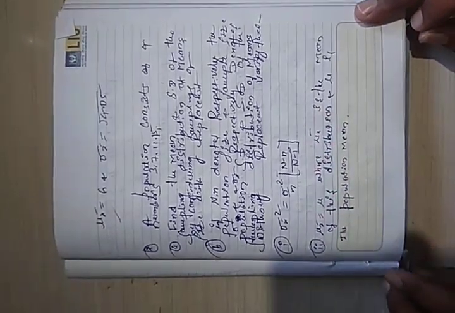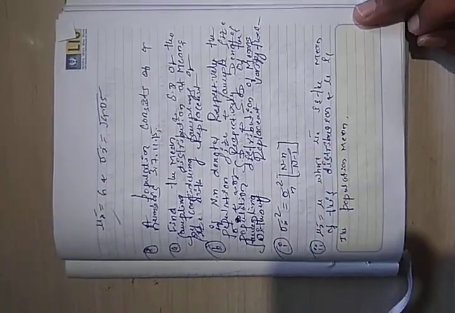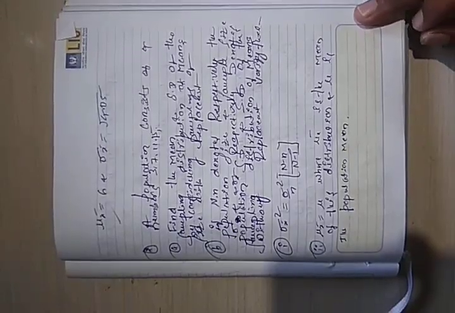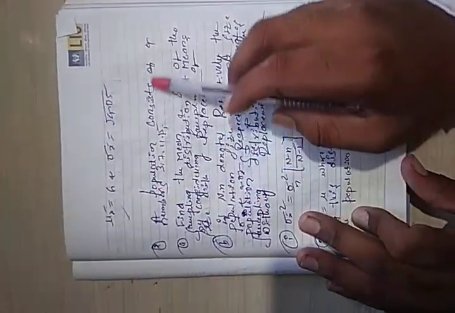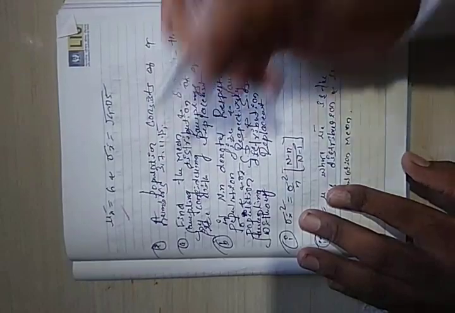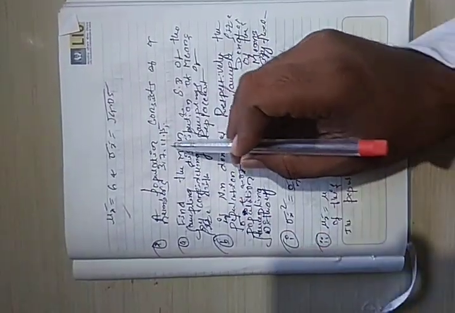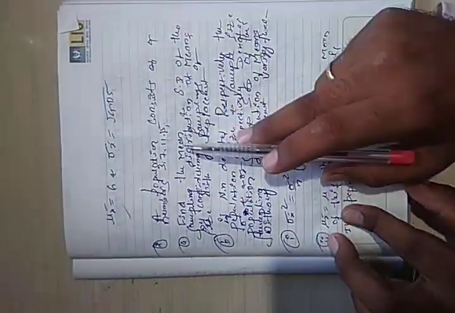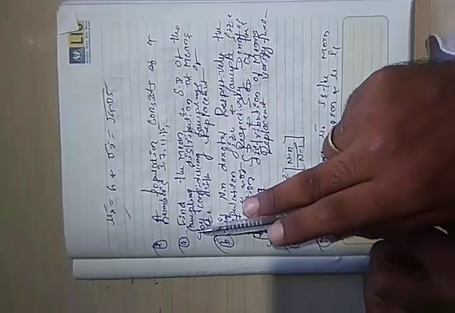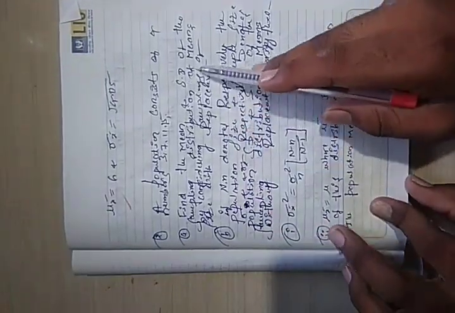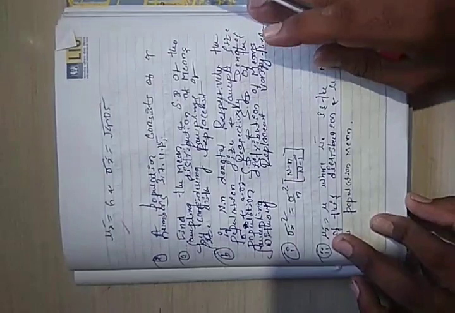Good morning to all. Today we are going to study another problem on sampling theory. A population consists of four numbers: 3, 7, 11, 15. First, find the mean and standard deviation of the